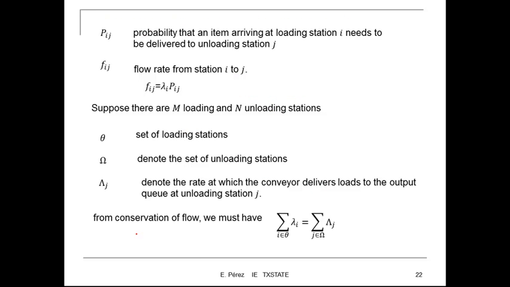So here is the description of the parameters that we are going to be using for this type of problem. First, we have capital P_ij, which is the probability that an item arriving at loading station I needs to be delivered to unloading station J. F_ij is the flow rate from station I to J, and to find that flow rate we need to multiply the lambda values, which is the rate of arrivals for I,